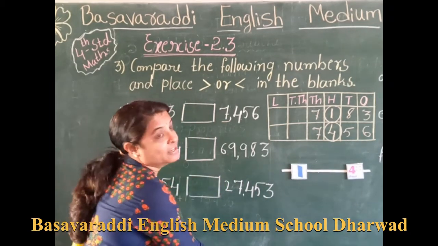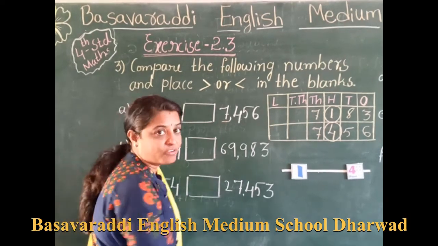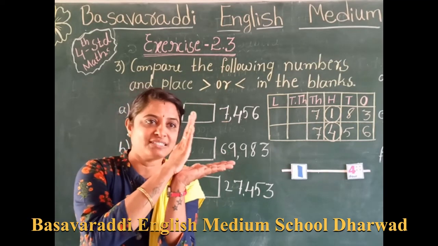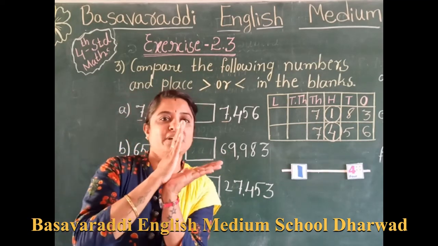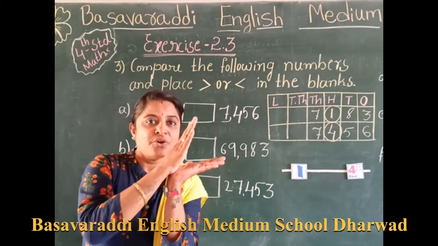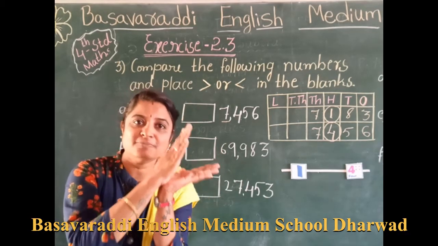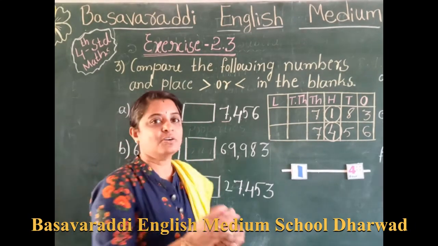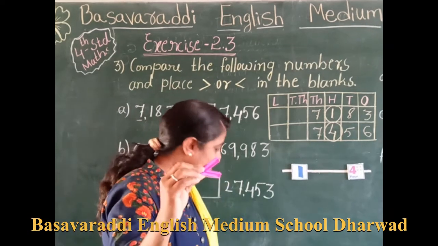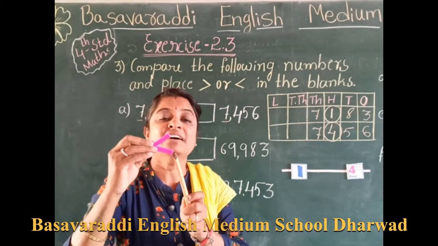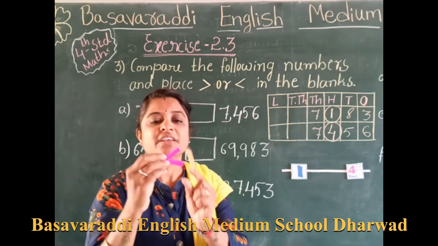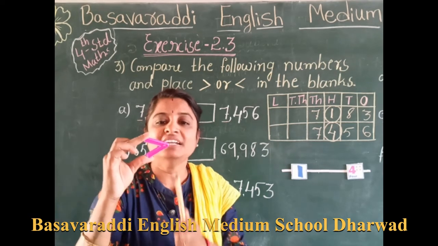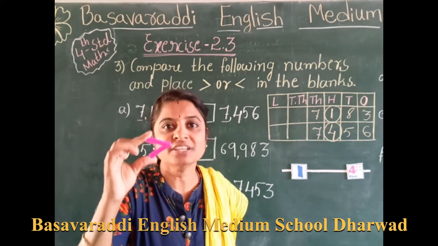Then how will we put the greater than sign? I informed you, it is always like an open mouth, no? Like this type we have our greater than and smaller than sign. Where the mouth is open, that is greater than. Understood? Where we have the point, that is smaller than. If we have an open mouth, it is showing the greater number. If it is a point at the edge, it is showing smaller than.